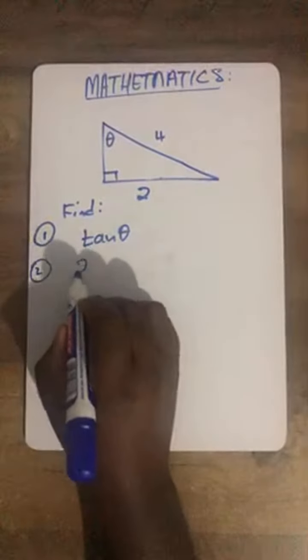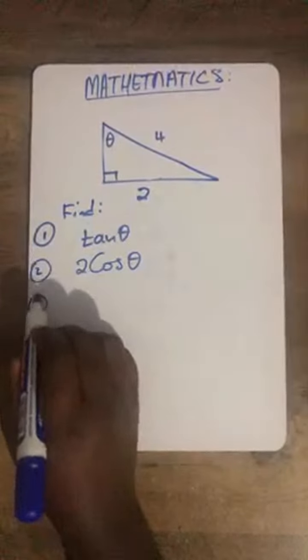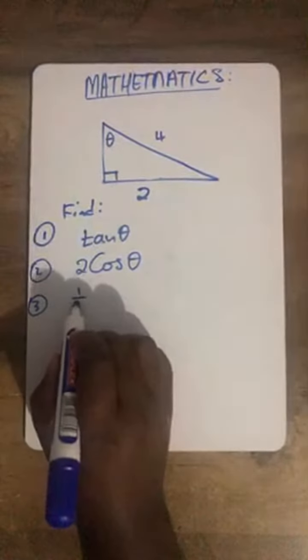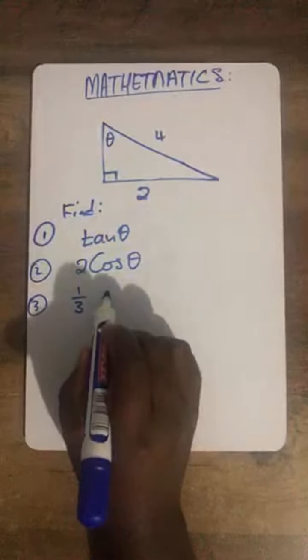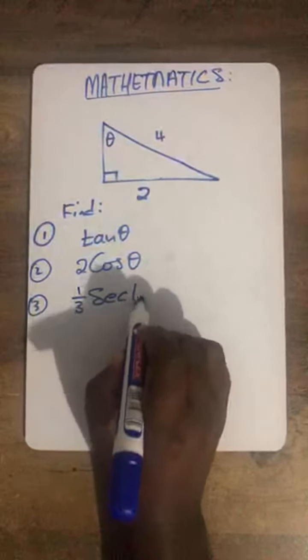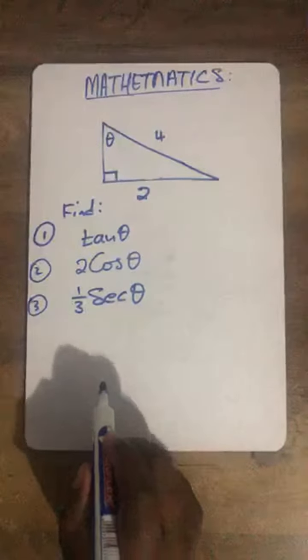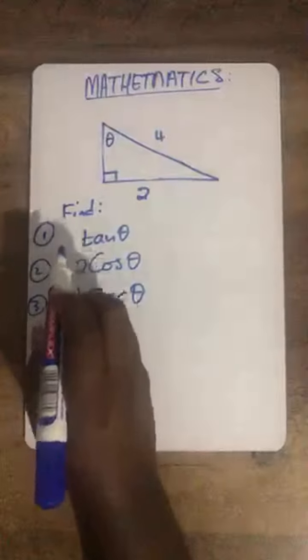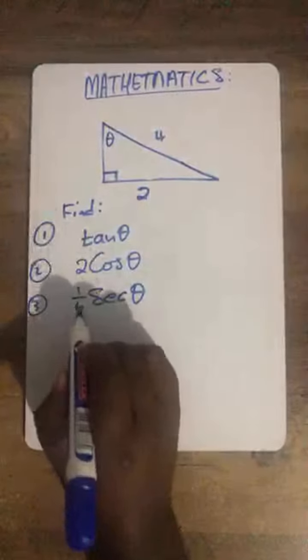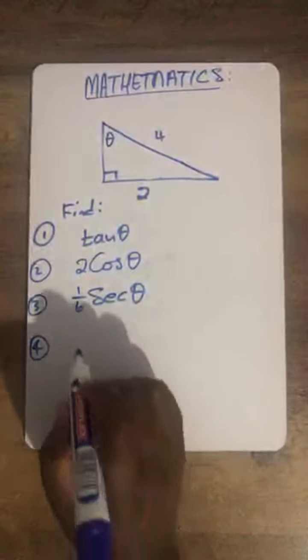Number 2, cos theta. Number 3, 1 over 3 sec theta, maybe not 1 over 3 but 1 over 6. Yeah, then number 4, let us say